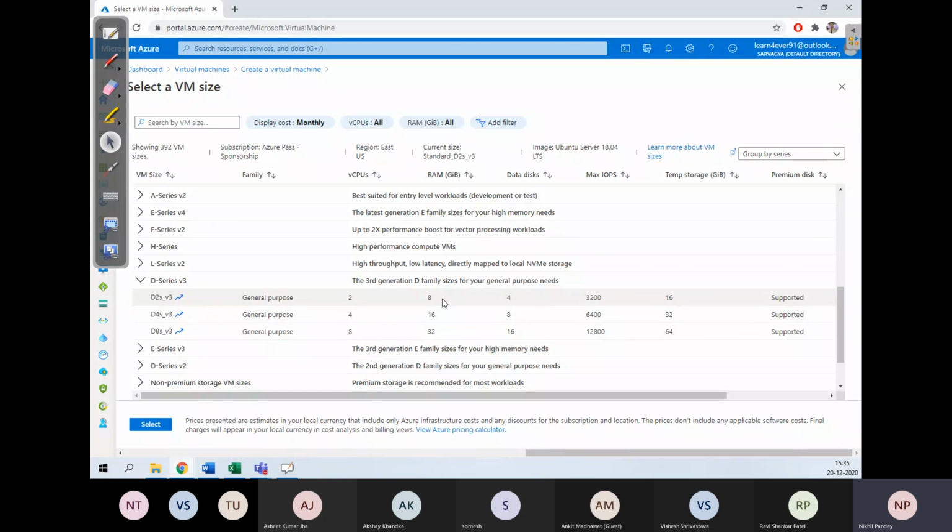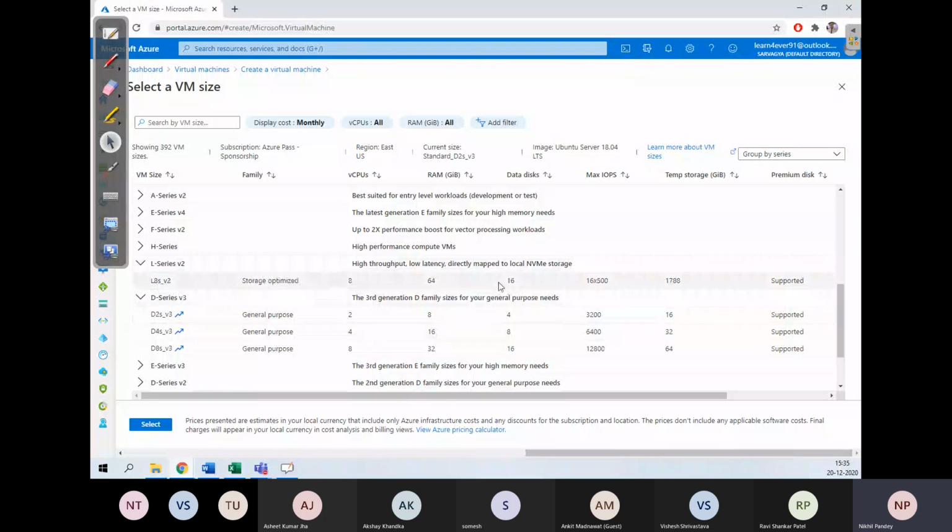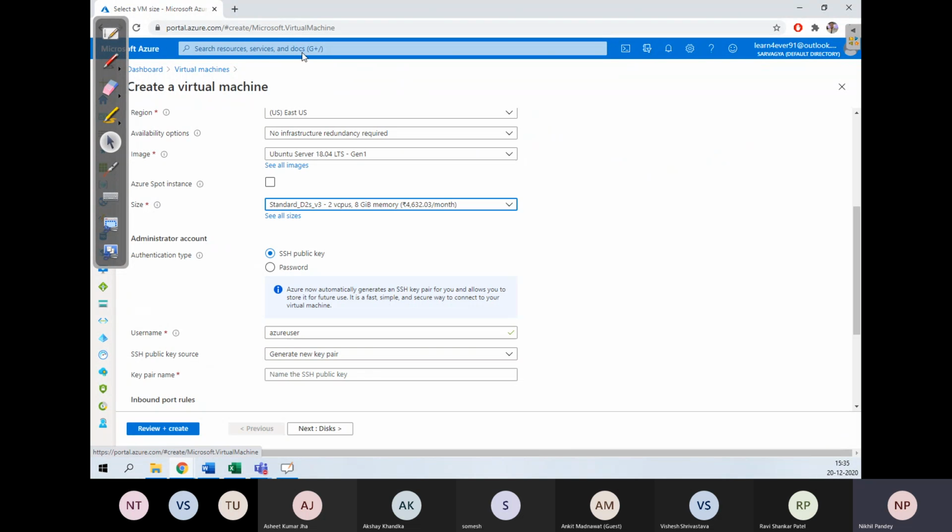So they have different processors, RAM and all for the purpose. There are even 8 virtual CPUs and 64 GB RAM. So multiple options available. One more thing, when you are selecting any virtual machine, compute power, you are selecting the compute option